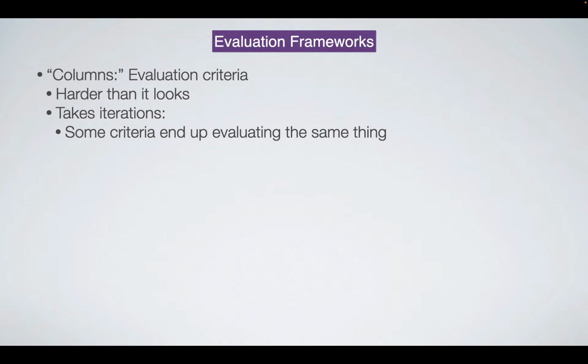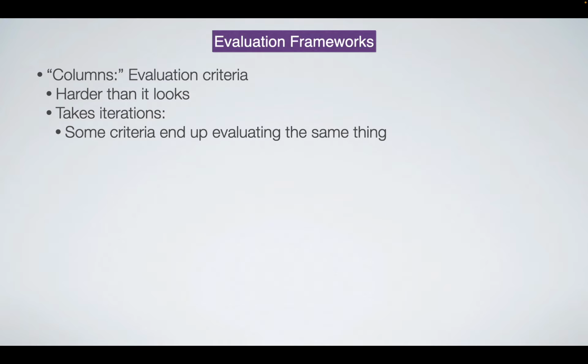So if you have to come up with columns for things, usually in assignment 1, I'm not sure about the assignments yet, I have to check one thing with the office, but usually assignment 1 would be to create an evaluation framework. That's usually what we do. So it's something that you may have to do.